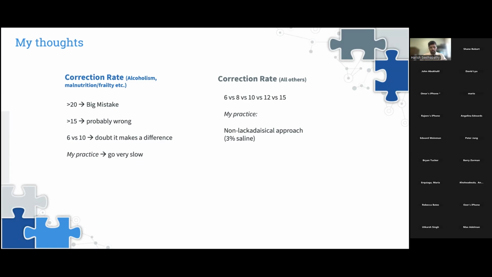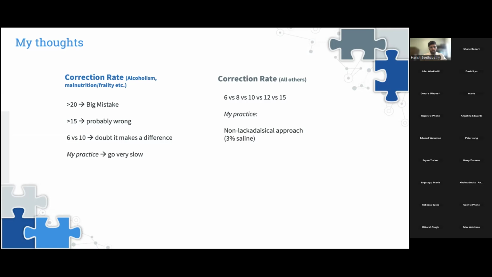If somebody tells me a patient with CPM had a correction rate of 9, do I really think that if they'd gone slower at like 8 or 7 or 6, they may have prevented the CPM? I think that's a very, very big argument to make. That's the kind of argument that's made in the court with these litigations. And I think as a field, it does a disservice to a lot of doctors who just try to do their best, but overshoot by a little bit.